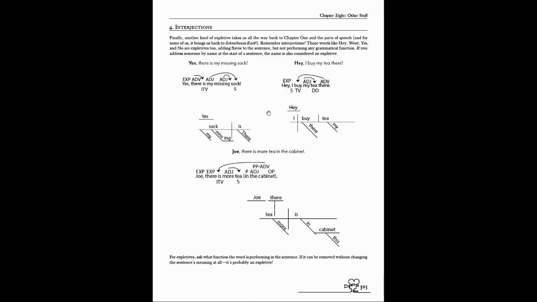And then the last one is going to be interjections. If you remember your interjections, they're extra words. They're like, yes, hey, names, Joe. So you're like, yes, there's my missing sock. So yes, just kind of floats up top. Now, the difference between interjections and other expletives is you'll notice that literally these are not connected at all, whereas the there is connected. And the reason why you do that is to distinguish between different kinds of expletives, like legit interjections. If you're like, woot, hey, woohoo, yay,